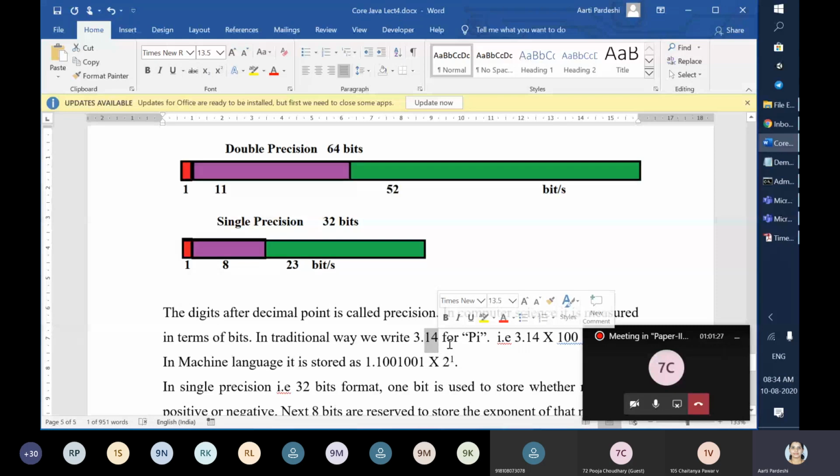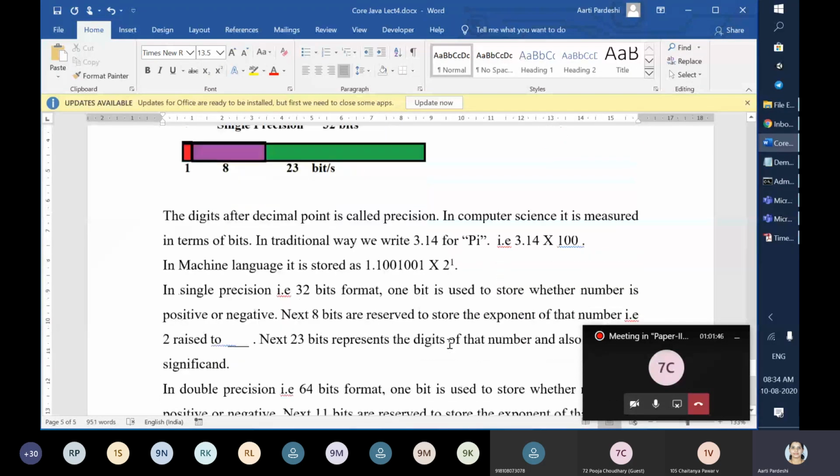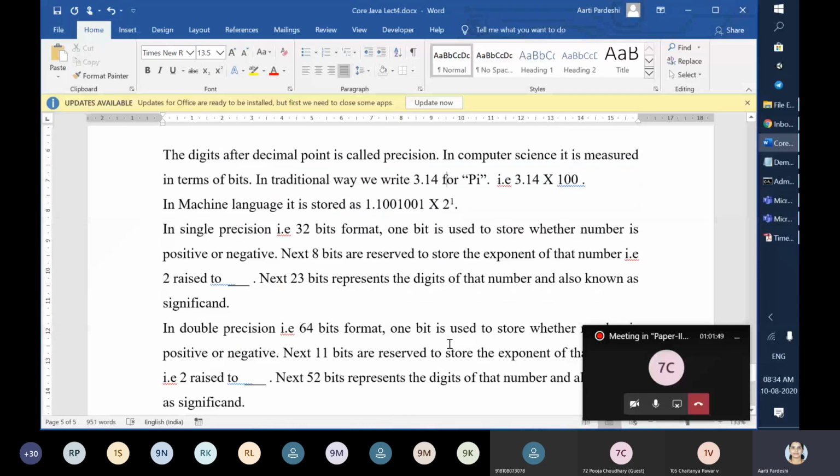It is totally correct. So for the value 3.14, the precision of this number is 2, that is, 2 places after the decimal point. This is what we say when we refer to the decimal number system, the 0 to 9 convention. But the computer doesn't understand this decimal language.